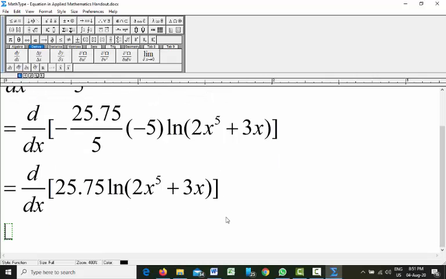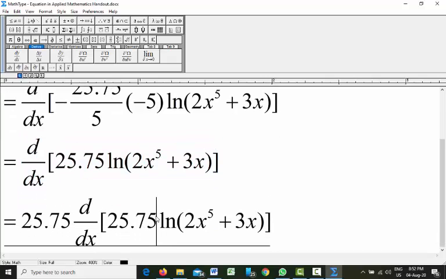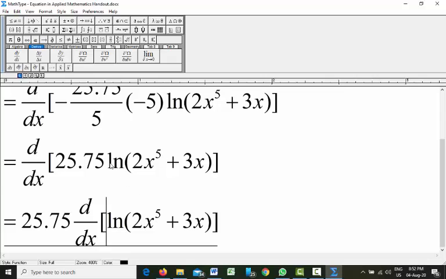Now we will do differentiation. Because we have simplified this one, it has been simplified already, and now we will do the differentiation. As I said before, this is the coefficient. You need to move this one out, behind d by dx. So in front of d by dx, we will have only that one.